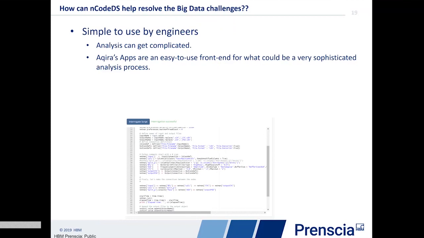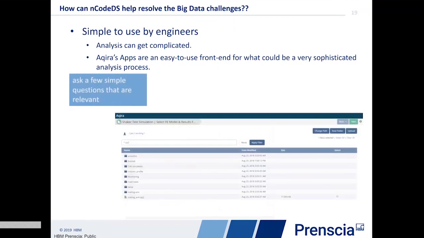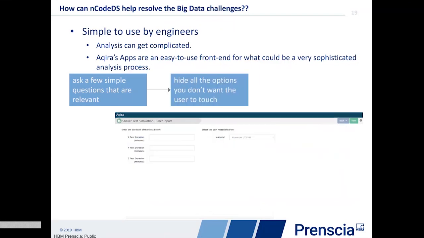So how would that work, right? You would start by, first of all, hiding the code, right? And you start by asking your user a few questions. So an app is constructed, right? You can either ask your user to point to a specific set of files or folders, or you can use the data search, as we'll illustrate during the demos. You can also ask your user to set some properties, right? Simplified GUI, where only a few properties are displayed. And again, this will be illustrated in the demo. And eventually, boom, you get your results.